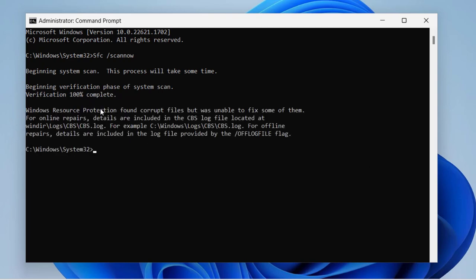After it finishes at 100%, guys, type the command